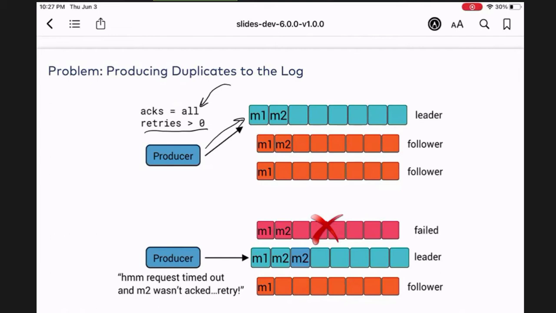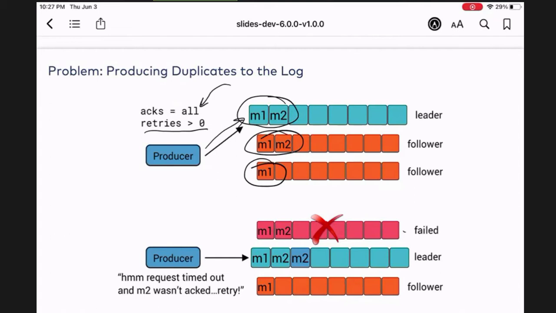So let's say in this case, messages 1 and 2 go to the leader. The follower has message 1 and 2. This follower has message 1. But then here, there's a failure. So if you look at this here, the leader fails before the record batch M2 is committed to all the brokers.